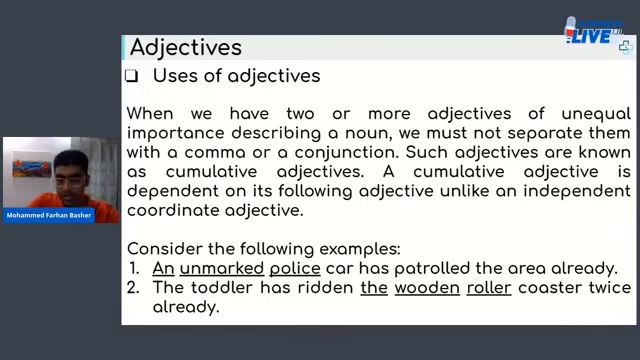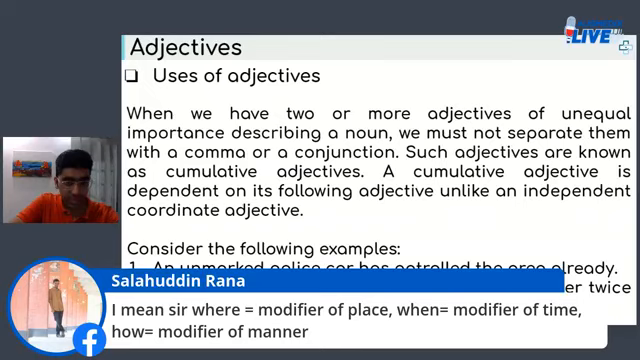Okay, we've got some queries here, and look at them once again. Salahuddin Rana says, so where is modifier of place, when is modifier of time, how is modifier of manner? Yeah, there you go. You have your own answers. But what was your question? What did you really want to know? Is it true if we ask a statement about when, how we find the modifier? Possibly, yes, of course. But if you want to know where something has happened, you could possibly come up with that. But then again,